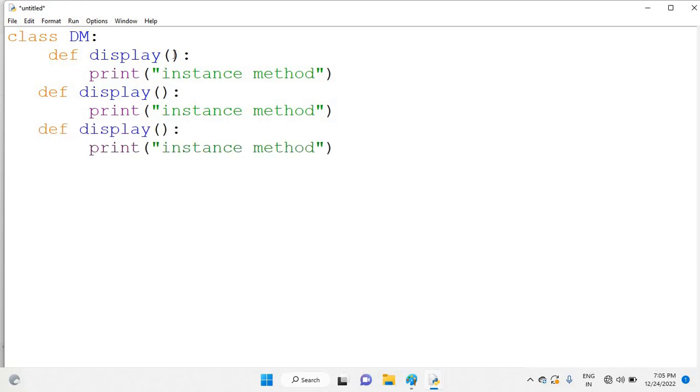So this is instance method. This instance method having self keyword. Okay, and regarding to